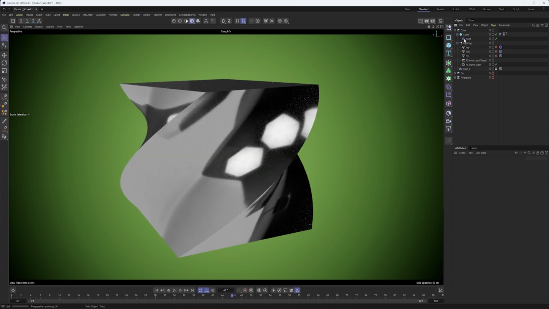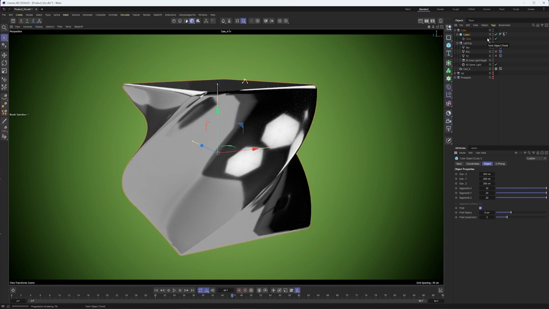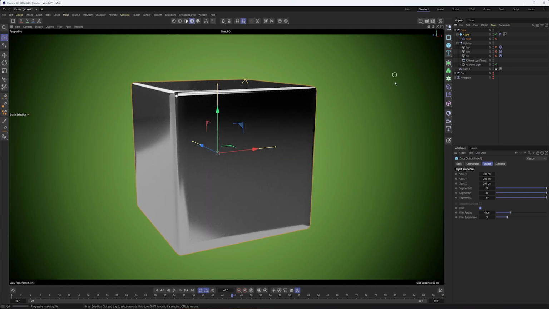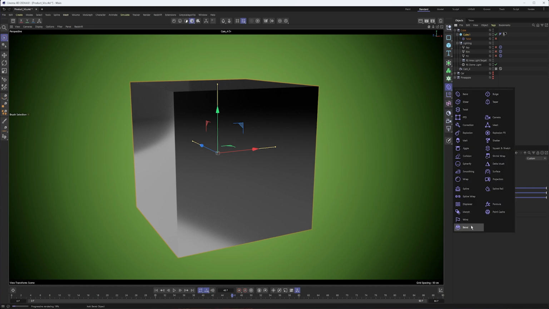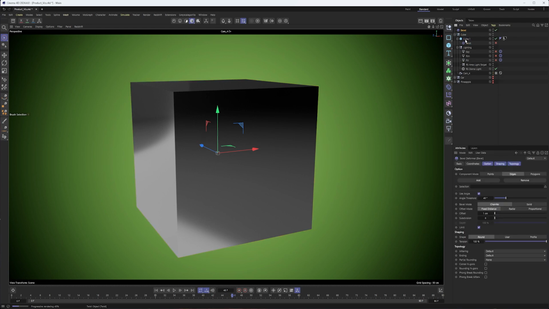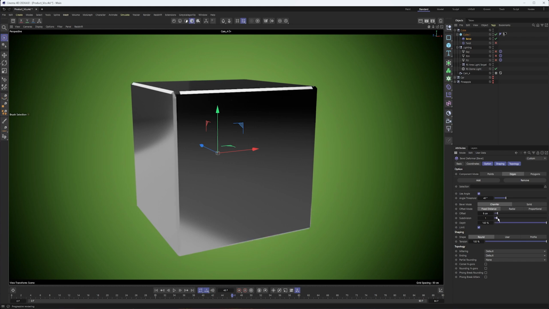So whether it's using deformers like twist, like bend, to curve surfaces, whether it's using a fillet, if your object is still primitive, there are other ways to curve surfaces if your object is not a primitive. Say it's an editable object. One of the ways I would recommend is the bevel deformer, and I've done a video about this in the past, but you can make it a child of your object. It's going to bevel the edges, and in a lot of ways it's similar to the cap section of an extrude object. You can see we can round this out and get pretty much the same detail we had before